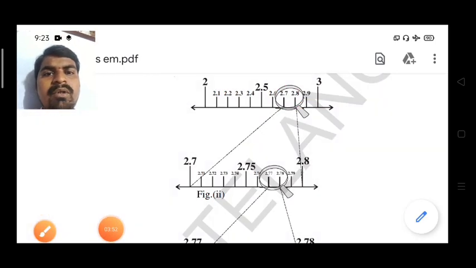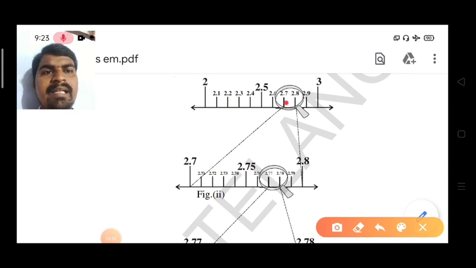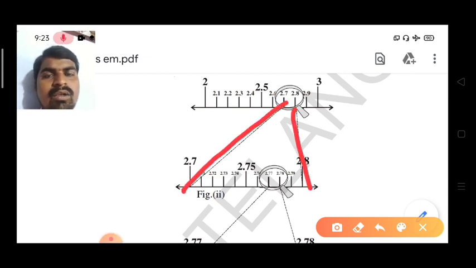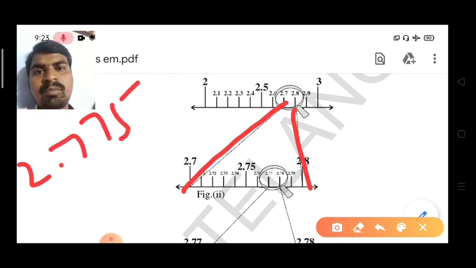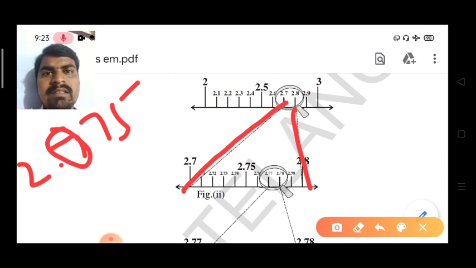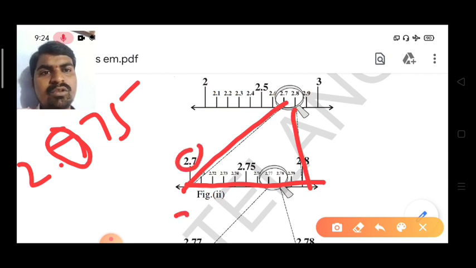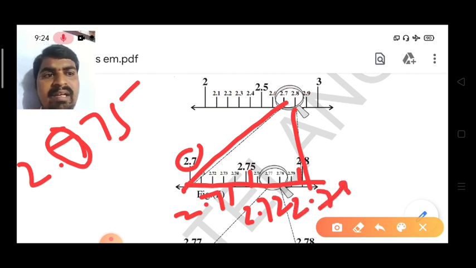After selection, you observe here 2.7 is there. So we draw it like this, and 2.8 we draw like this. So the tenths place is over. Actually the problem is 2.775. So 2.7 is also completed. Next you observe the second step, step 2. So 2.7 and 2.8 are there. Between them you have to write the hundredths place also. Here 2.7 is there, so next 2.71, 2.72, 2.73, like this up to 2.79 you have to write.